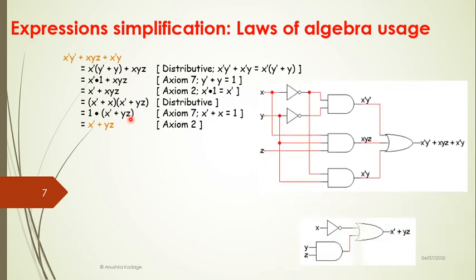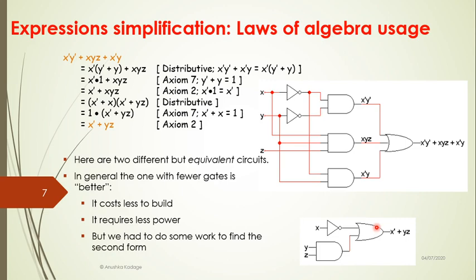Now here we have the original logic gate circuit for the given expression, wherein we can see the presence of two NOT gates, three AND gates, and a single OR gate. While due to this Boolean algebra application, the same expression can be implemented using only a single NOT gate, AND gate, and OR gate. This is how Boolean algebra helps us simplify the given expressions.